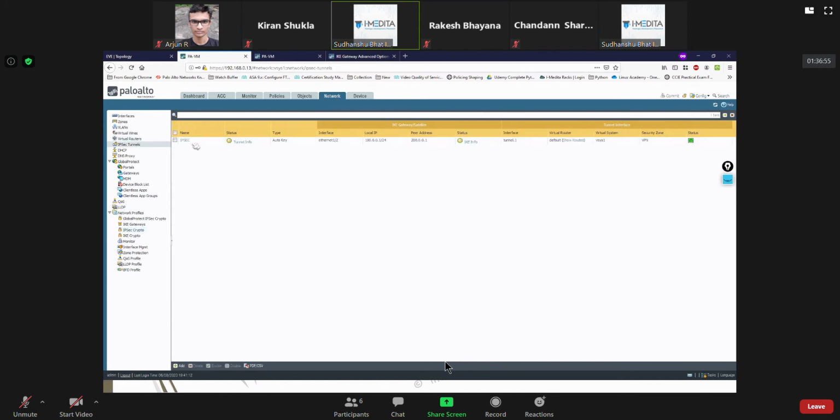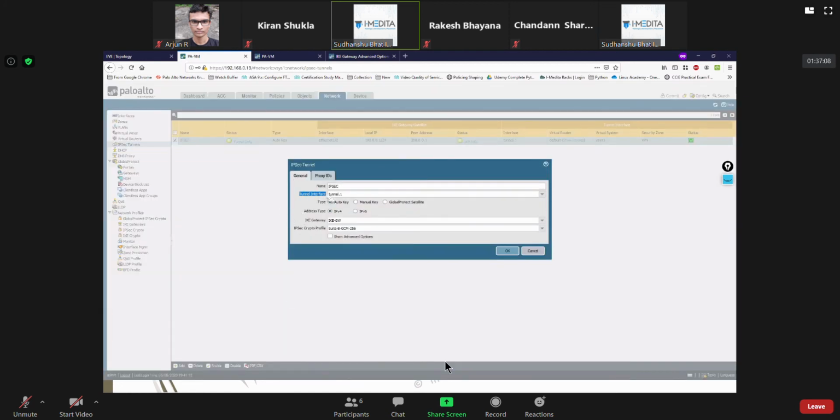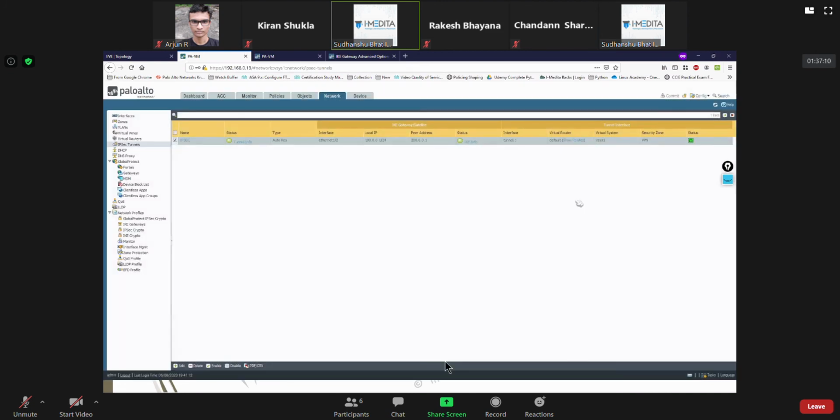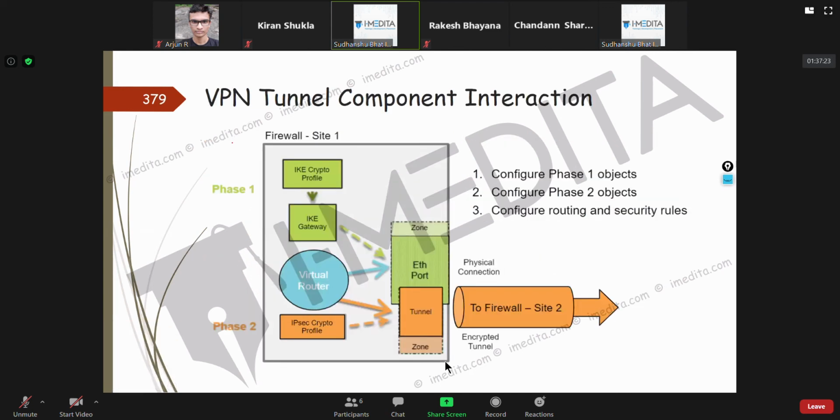You can have 10 such IPsec tunnels pointing to the same tunnel interface, not more than that. This is also a question which I found in the certification exam, so make sure you remember this. Okay, so simple.